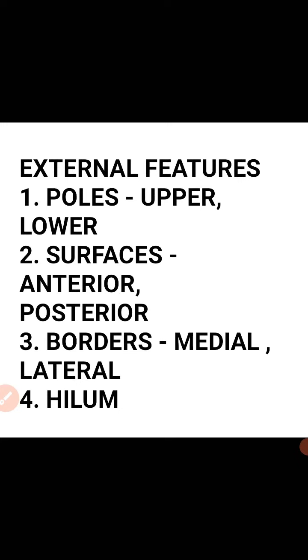External features of kidney. The kidney appears bean shaped. There are two poles, upper pole and lower pole, two surfaces, anterior surface and posterior surface, two borders, medial border and lateral border, and hilum along the medial border. The upper pole of right kidney is related to right suprarenal gland, and the upper pole of left kidney is related to left suprarenal gland, and the lower pole of both kidneys are pointed. The anterior surface of both kidneys are irregular and the posterior surface is flat, but it is difficult to recognize both anterior surface and posterior surface.